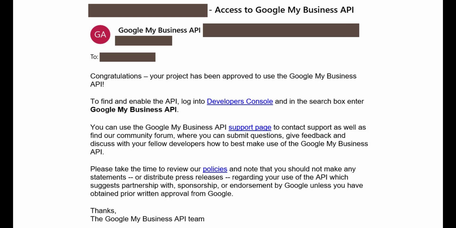If you satisfy their criteria and you are eligible enough to have an API access, then you will receive a congratulatory mail from a Google My Business API team, where they will be saying that they have enabled the Google My Business API in your Google Cloud account, and you can see that Google My Business API in your library section, and you can proceed forward. Please review their policy and please adhere to that particular policy.